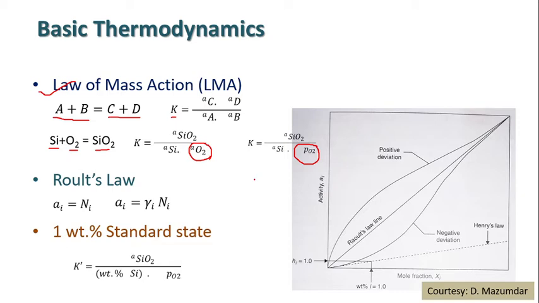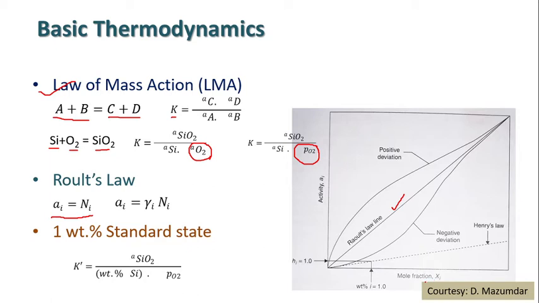In an ideal solution, the mole fraction of any compound is equal to its activity, and when plotted, they will give a straight line known as Raoult's line. Activity by definition is interpreted as a measure of its free concentration in a solution that is available for taking part in a chemical reaction. When the solute is in pure state or the conventional standard state, its activity is equal to 1, or unity. So the expression will be a_i is equal to N_i, or somewhere it is also written as X_i: a_i is equal to X_i.